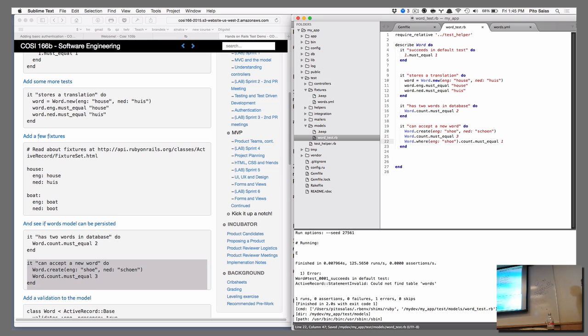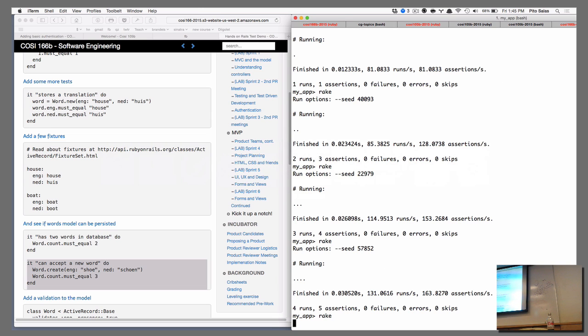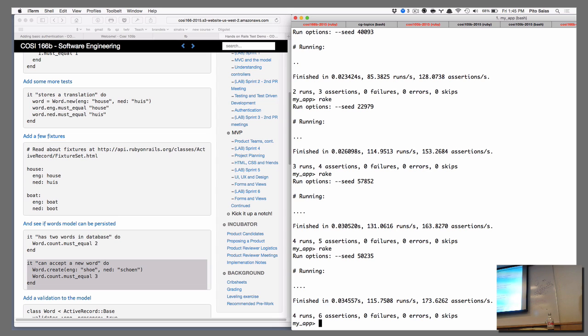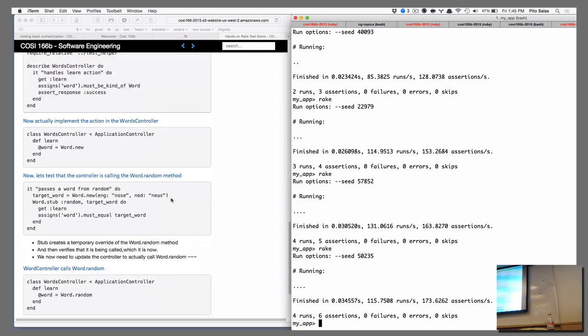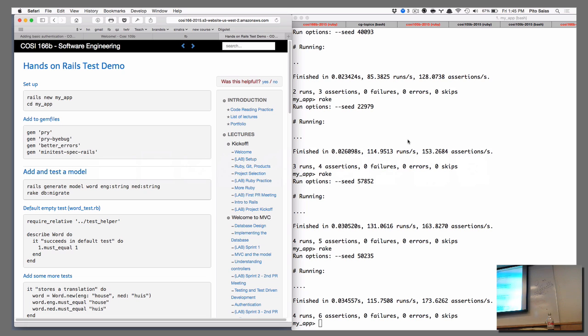So now I'm saying do a search through the word database using the active record word class. I'm going to look for things with the English part shoe, and I better find exactly 1, not 0 and not more. Okay, so now I can go back to my test and run it again. And now I have 6 assertions. Why? Because I didn't add a test, a run, but I did add 1 assertion to the test. Okay? And I'll pick up here on Tuesday and finish the rest of it, because there's a lot more good stuff. All right, so with that, let me